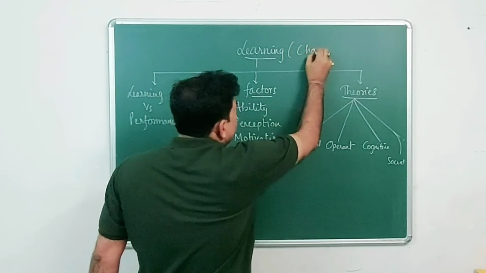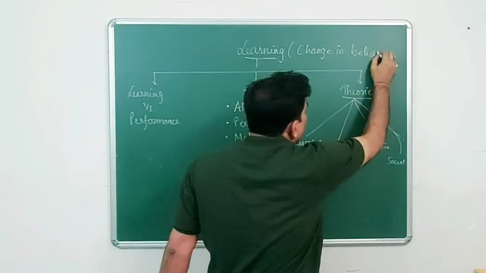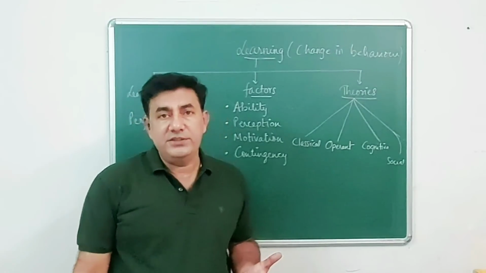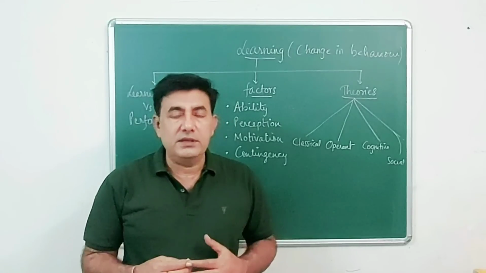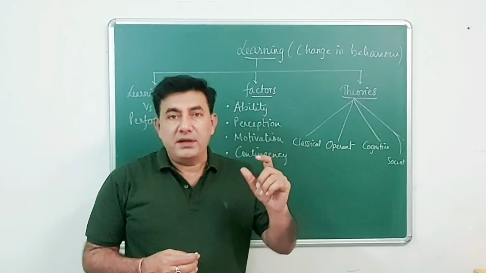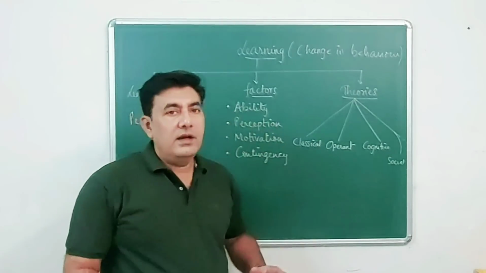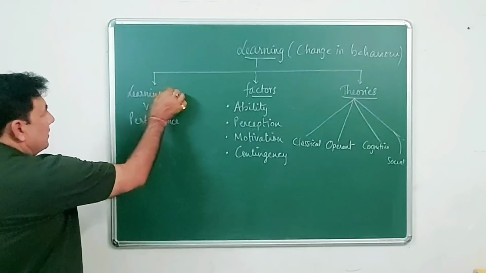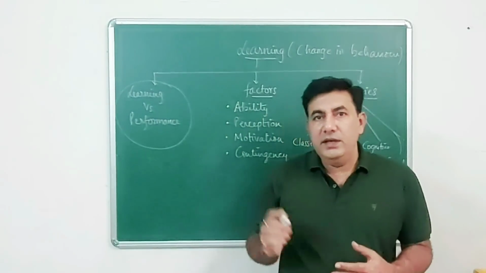ओके, लर्निंग इज चेंज इन बिहेवियर, change in our behavior, and basically these changes are permanent in nature। ठीक है, तो कोई भी चीज जब हमें लर्न हो जाती है, हम लोग समझ लेते हैं उस चीज को, आवर बिहेवियर, आवर एटीट्यूड चेंजेस टुवर्ड्स दैट एस्पेक्ट, टुवर्ड्स दैट कॉन्सेप्ट। ओके, सो दिस इज अ चेंज इन बिहेवियर। एंड लर्निंग से इस टॉपिक से आपको क्या क्या रिवाइज करना है? लेट्स सी द फर्स्ट वन, द डिफरेंस बिटवीन लर्निंग एंड परफॉर्मेंस।